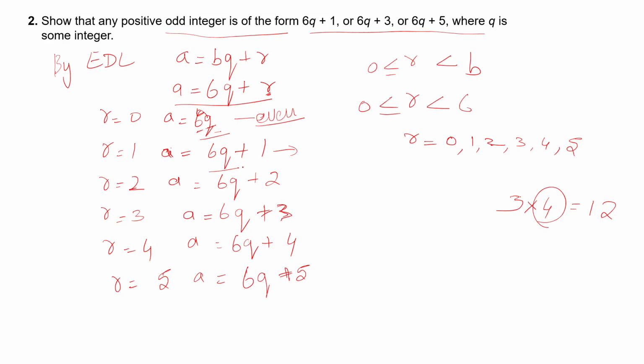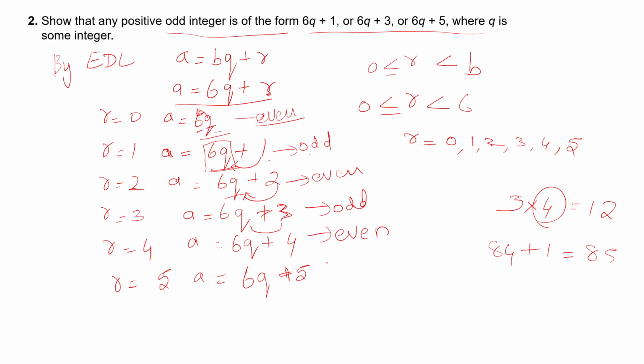So next thing, this is even or odd. You know this is even. I am adding an odd number to this. Even plus odd is odd. Any number you take, 84, if I am adding 1 to that, it will become odd, right? Okay, so this is odd. Again, this is an even number. I am adding an even number to this. Obviously, this will become even. Even number adding an odd number, odd. Even number adding an even number, even. Even number adding an odd number, odd. Right? Up to this it is clear?